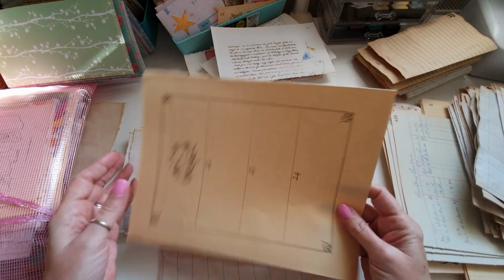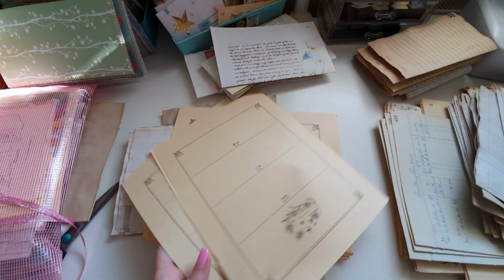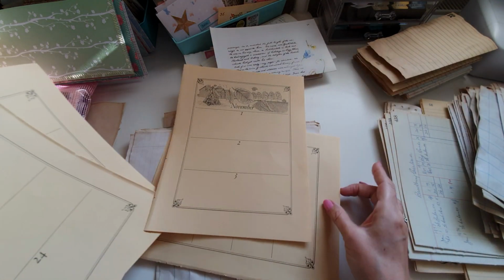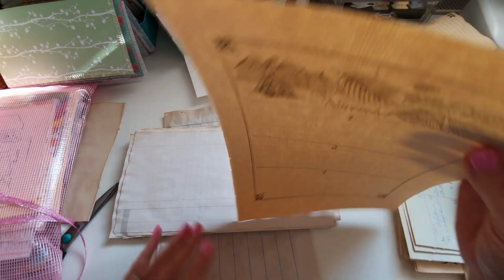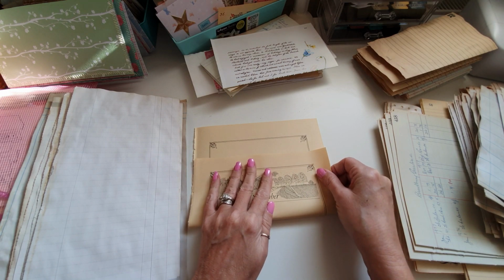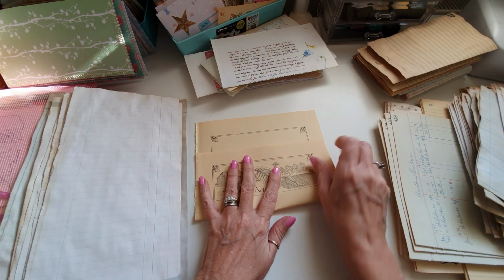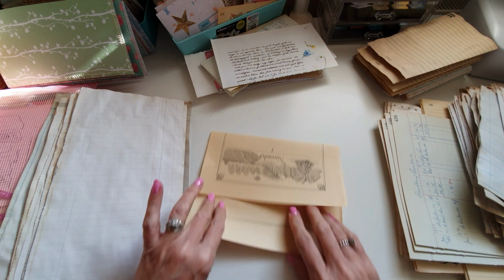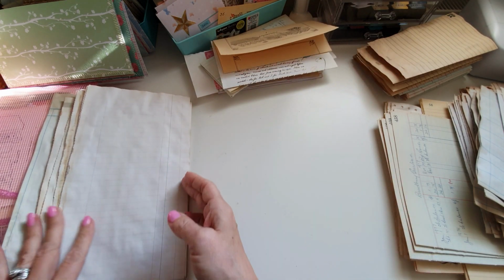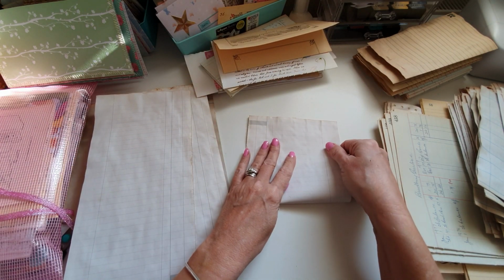There. And I liked this page from a book. I thought it was just super cute, except I don't like that on the back. Right, let's use that one. Now I am going to fold this one as a flip. I know I said I wasn't going to, but I may as well, it's there. And then we've got these ones here, which I am just going to fold in half for now,